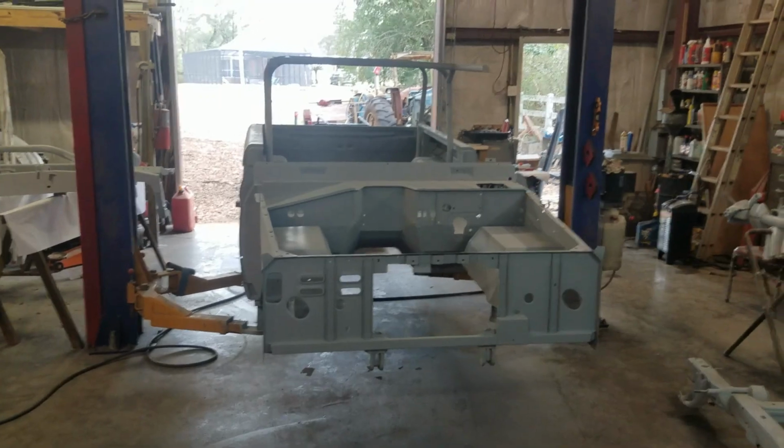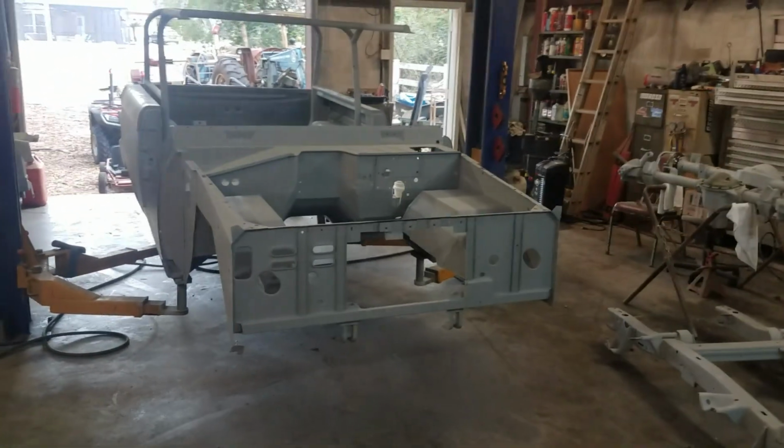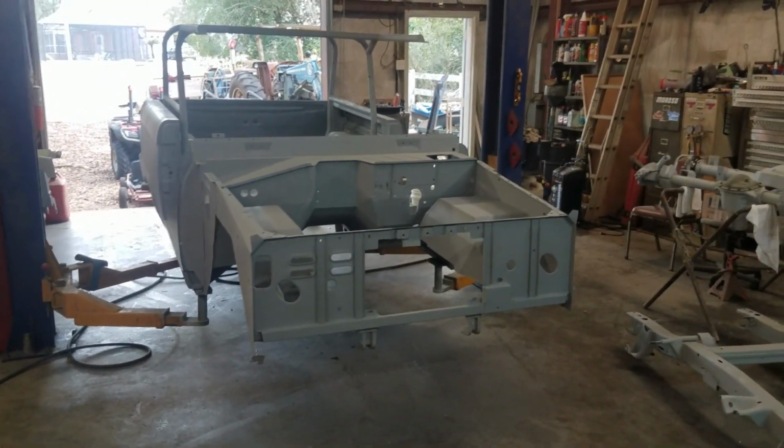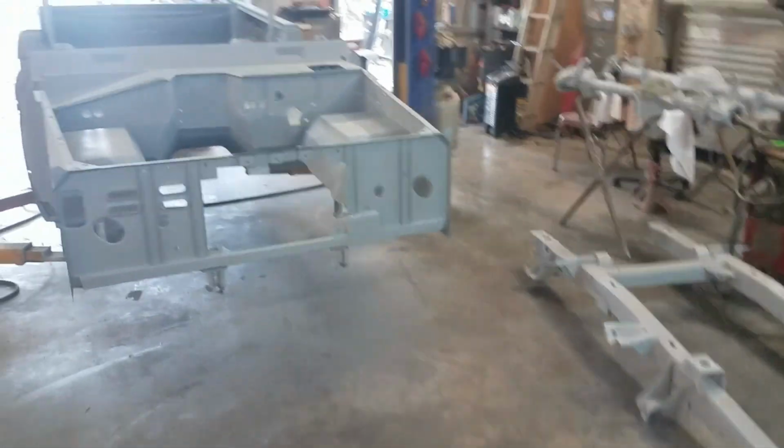Okay guys, as you can see, yesterday I had a real productive day getting this thing sanded and getting its first real coat of 2K primer sprayed on it. I went ahead and pulled the frame back out. I've got the body sitting up on the lift,